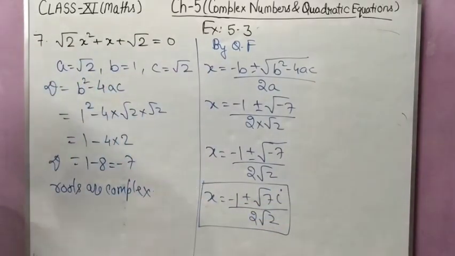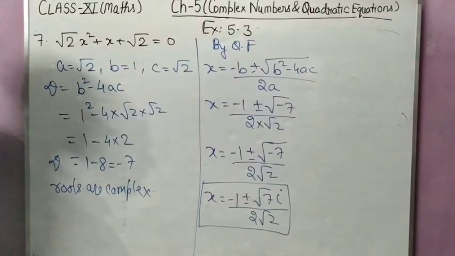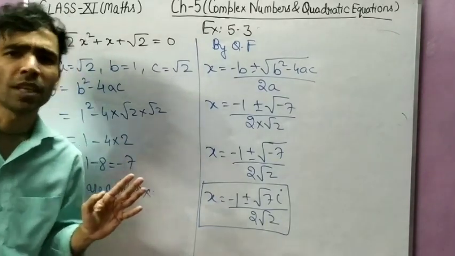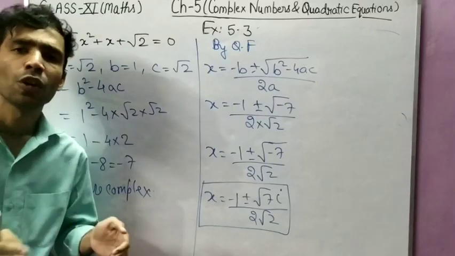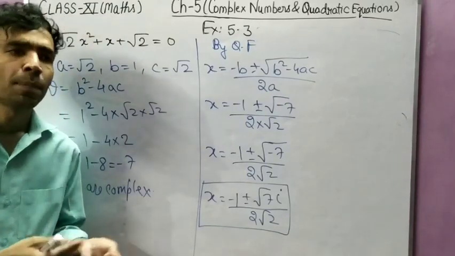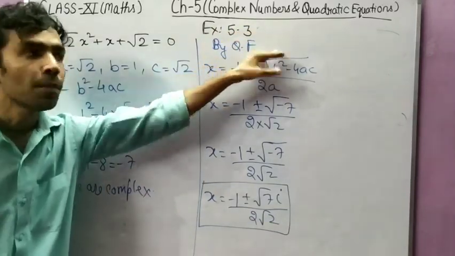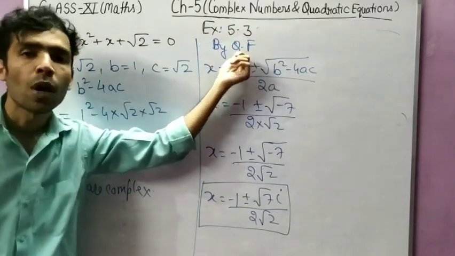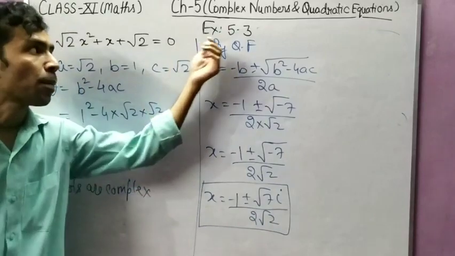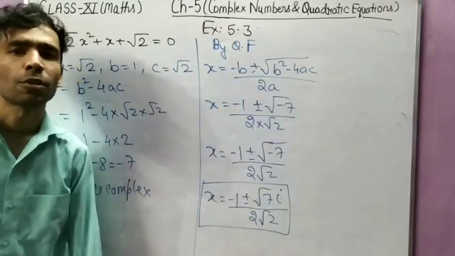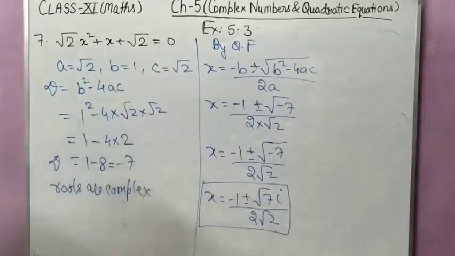So note down, student, all questions are same. Okay, just you have to find the value of a, b and c, then b square minus 4ac you can calculate, and then the quadratic formula. By qf का मतलब ये हुआ quadratic formula. या तो आप पूरा लिखो या तो आप short formula लिख सकते हो. So this will be the answer of question number 7. So note down, student.